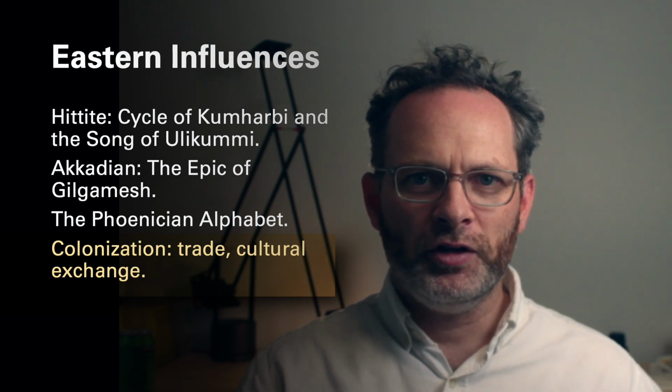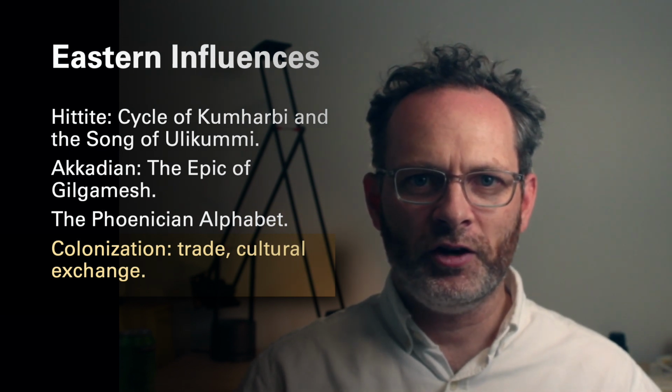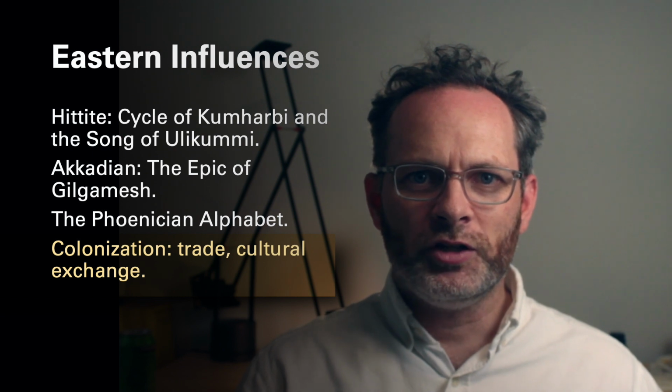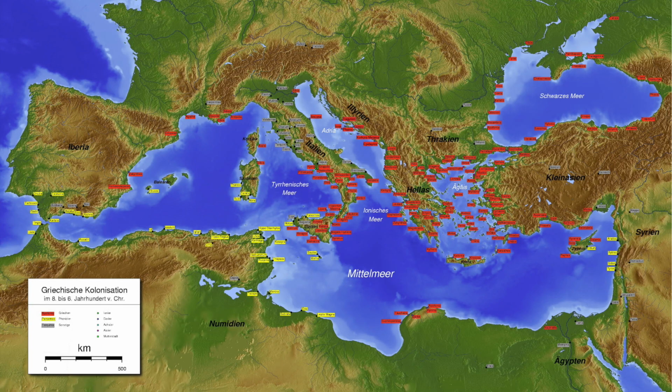The reasons varied for these interactions, as we shall see later, but Greek colonies popped up everywhere, from Spain and South France, an example is Marseille, to Cyprus, and from the north shore of the Black Sea, which is modern Ukraine, to North Africa in the south. Evidence of the Greek presence has even been found as far afield as Bahrain.